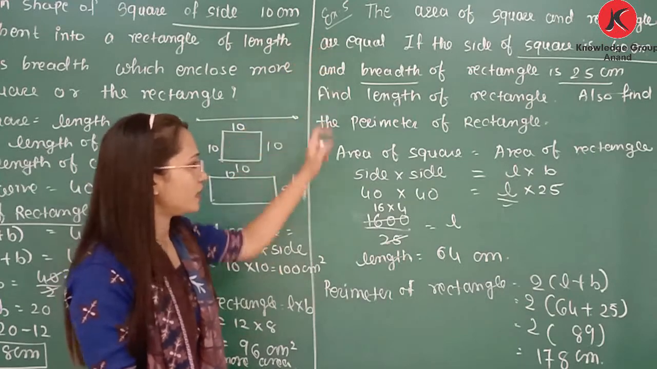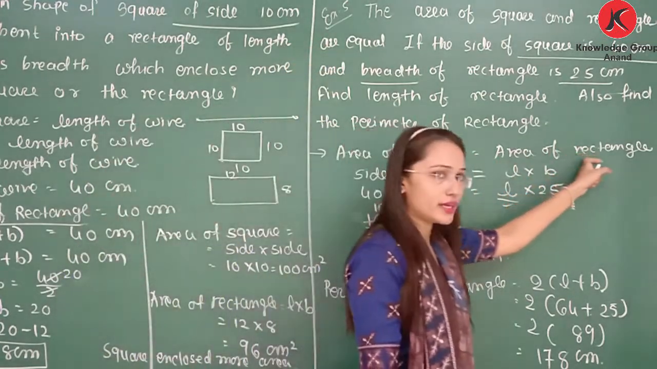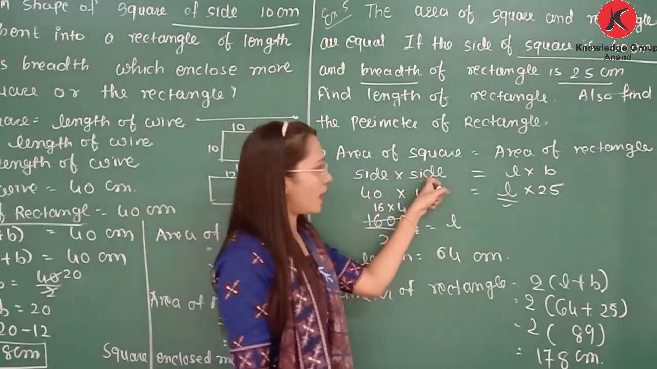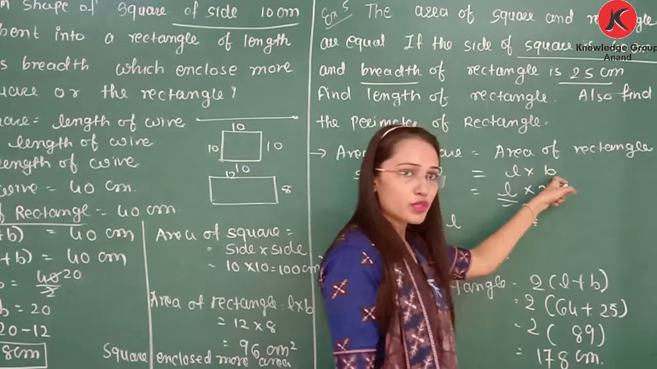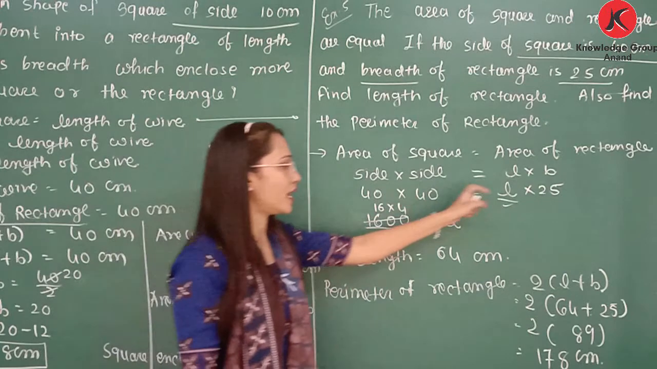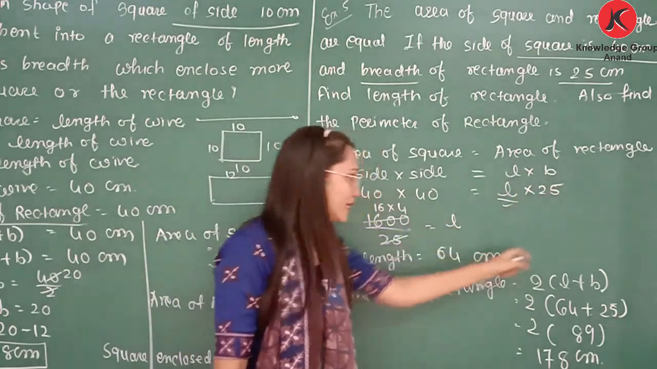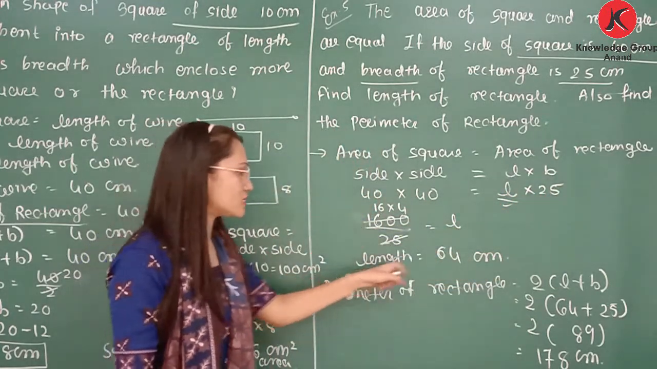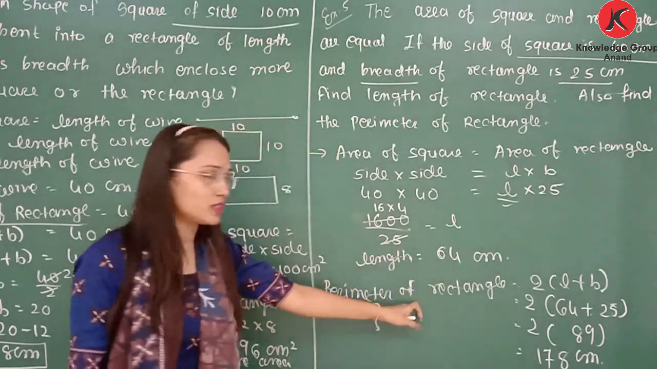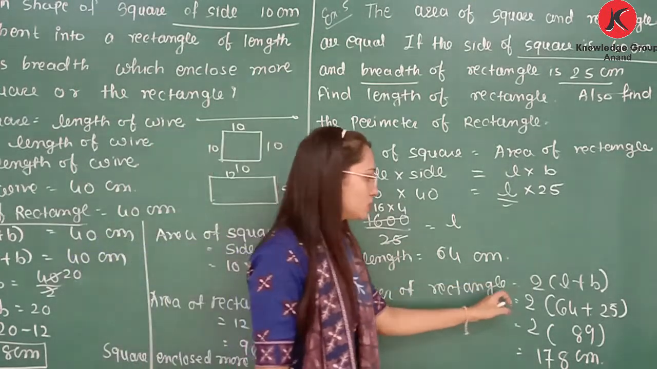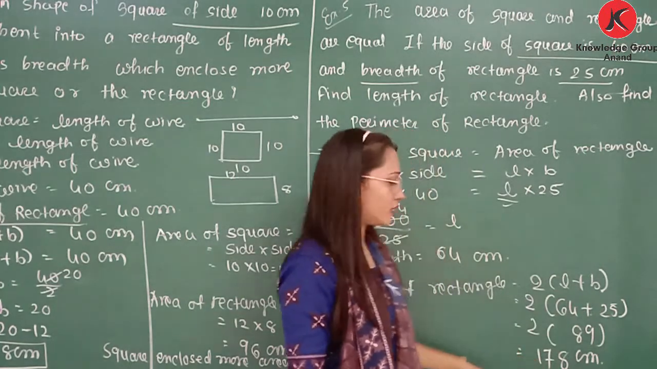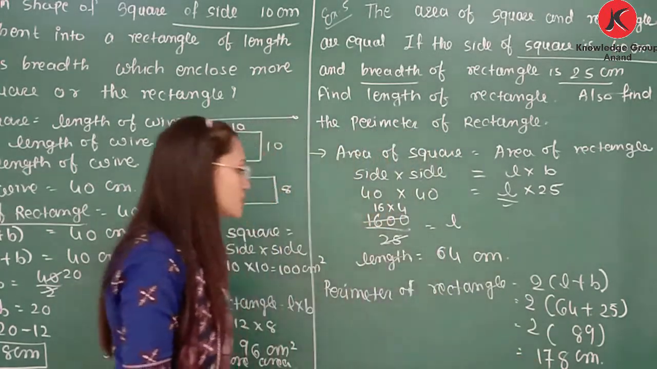How can we solve this example? From the first statement, area of a square is equal to area of rectangle. What is the equation for the area of a square? Side multiply side, and area of rectangle is l multiply b. We write the values that are given in the equation: side is 40 multiply 40 and breadth is given, 25. So take 25 and divide, and we get length is equal to 64. And if we have the values of length and breadth, we can find the perimeter by using the equation 2 inside the bracket, l plus b. Write the values and multiply, you will get 178 centimeter. That is the perimeter of